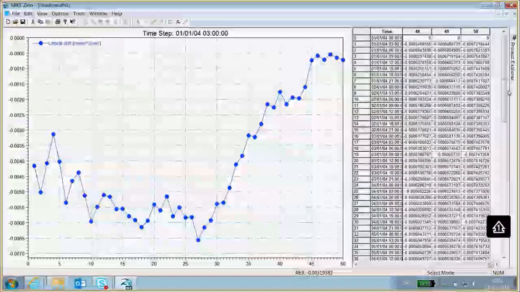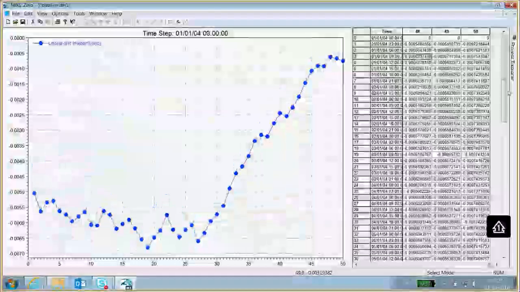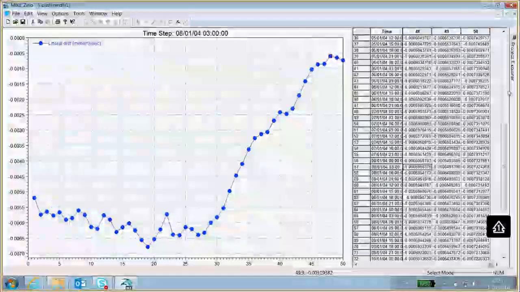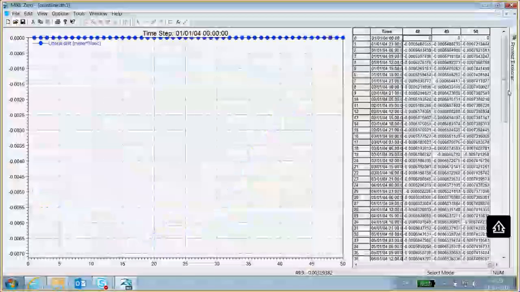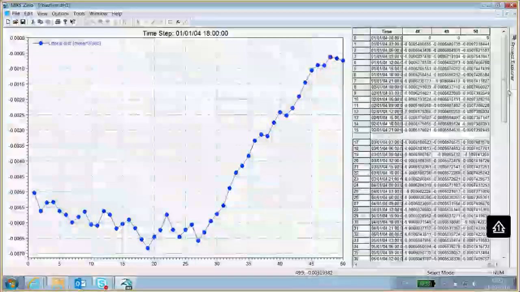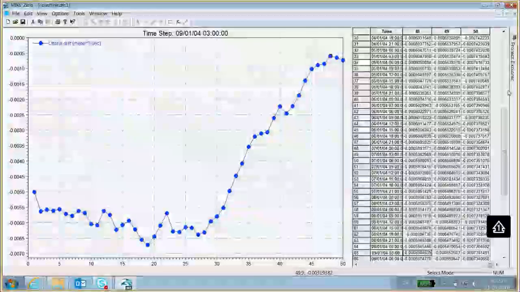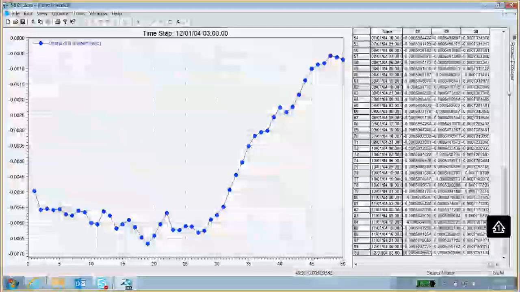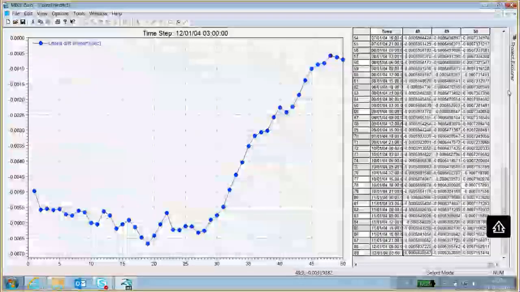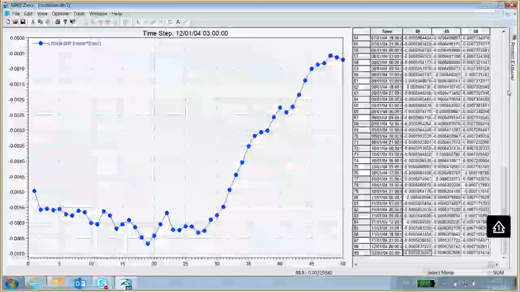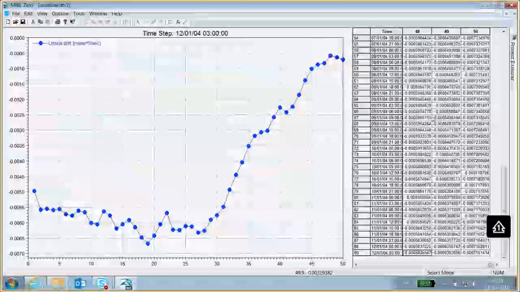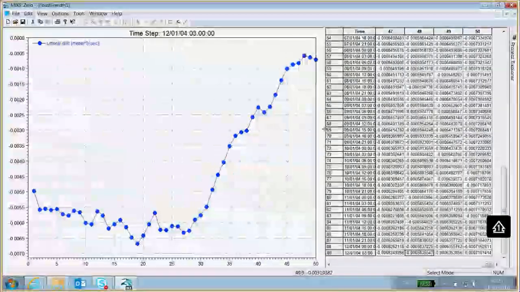Now if we go down a few time steps, you can see that slowly some of these spikes are becoming smaller, and as time goes and the morphology is reacting to the gradients in this littoral drift, then we should see the littoral drift signal becoming more and more smooth towards the end of the 1 year simulation.